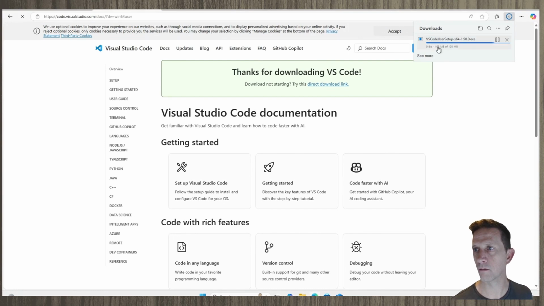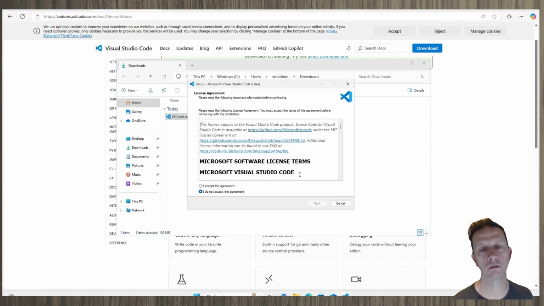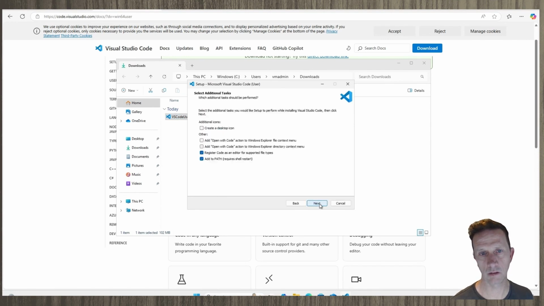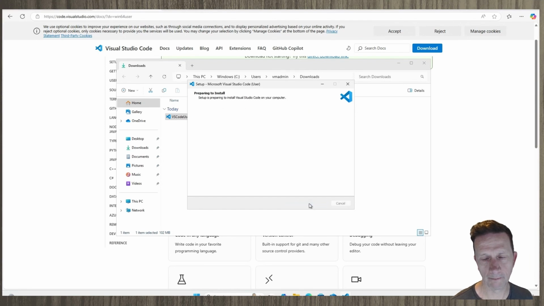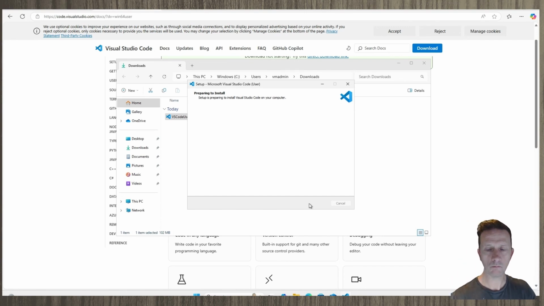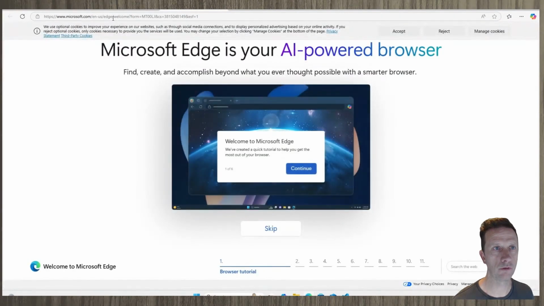So what have we got? Accept the agreement there. Just go next. Obviously, we want to add Visual Studio Code to the path. We'll show you that in a second. All the environment variables. Right, that's installing. So while that's happening, just to show you our Databricks,